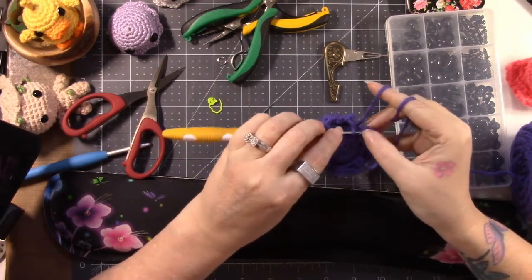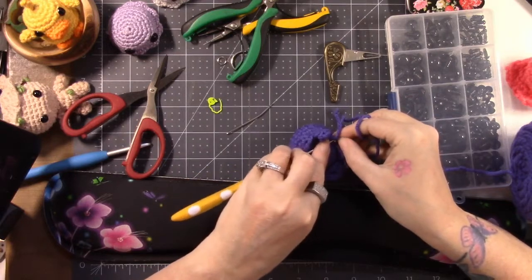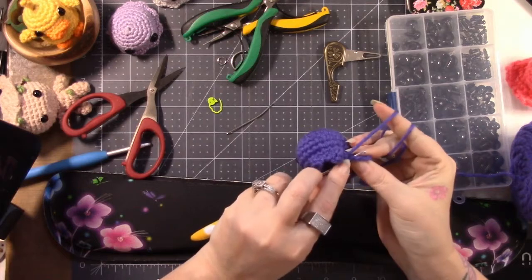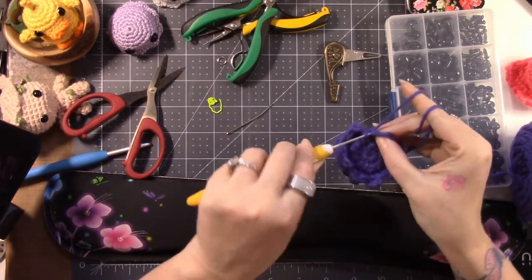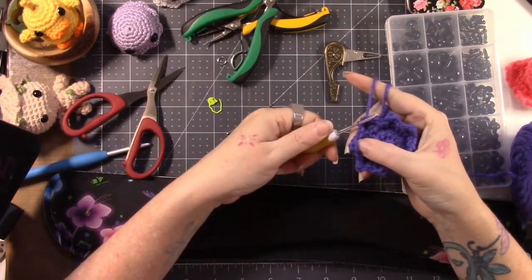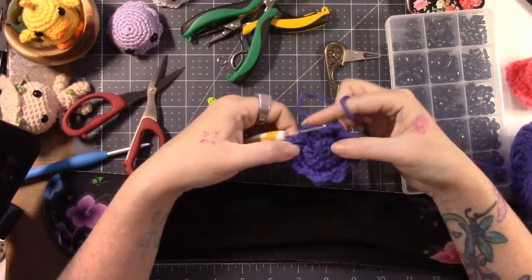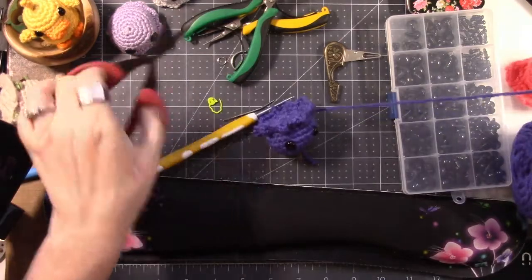We are just going to slip stitch this front to this back. So we're just going to go into that stitch. It might be a little bit finicky to do. Let me get a hold of it. All right, go through both of those loops on that stitch, yarn over, pull through, and pull through again, and that is the slip stitch to hold the beginning to the end. All right, and then we're going to cut a tail